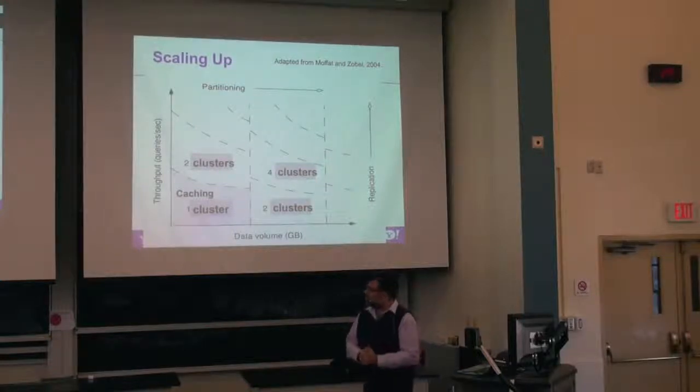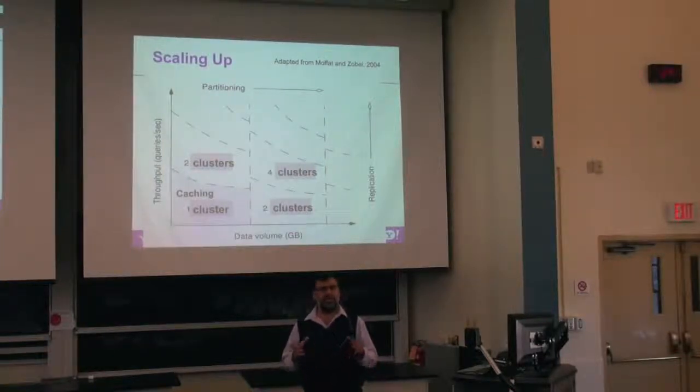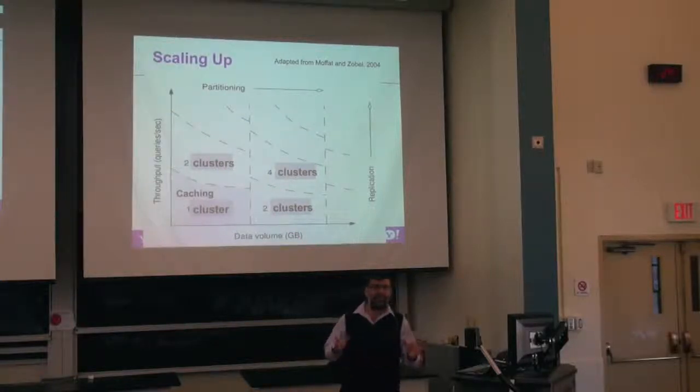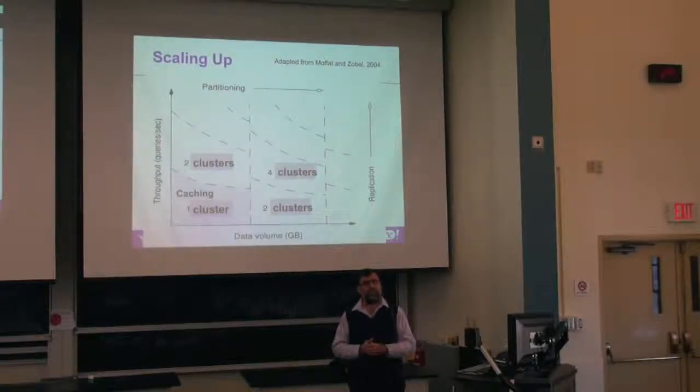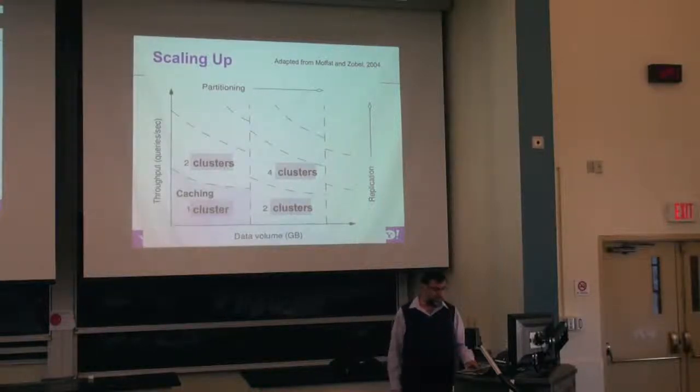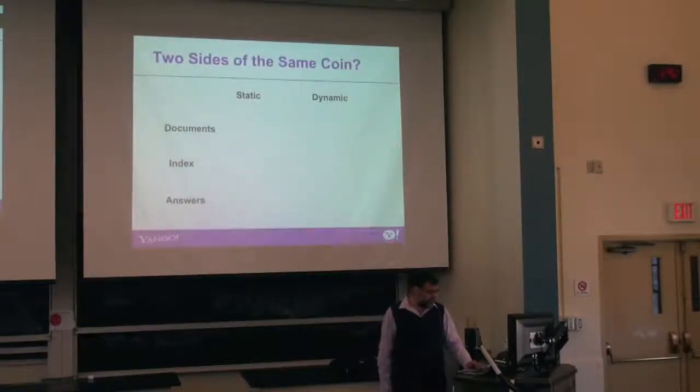Caching is one of the main things that will allow, it's like steroids, the system to perform much better in a single cluster. Using caching well, we can double the capacity of a search engine, especially on the throughput side. You can answer many more queries because you have the data in the right place, much closer to the user. I will focus on that later. So you need to optimize this single cluster to the maximum possible capacity using caching and other techniques, and then you do this game of replicating clusters along the two dimensions.